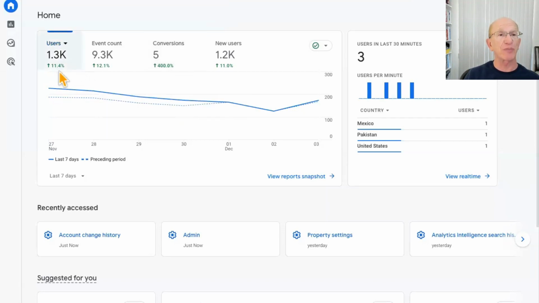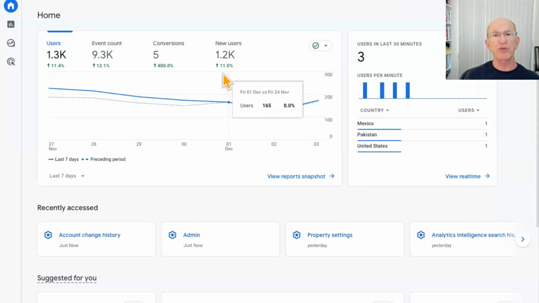Okay, this is showing me the number of users in the past 7 days. So a lot of my visitors are new users, and it tells you how much of an increase or a decrease you're having in a period of time. And it shows a dashed line concerning the preceding period. Obviously, traffic to a website is a good thing